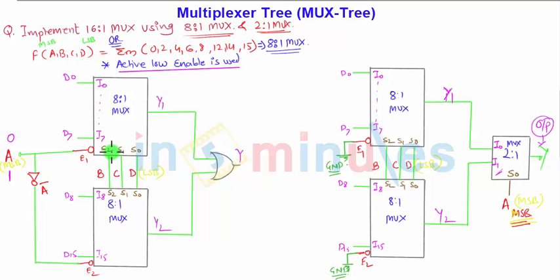So that's all about the multiplexer tree diagram. You can also implement a 16:1 mux using 2:1 mux only. For that structure you will require 16 inputs. To achieve 16 inputs, 8 2:1 muxes are required, and you can easily sort it out by drawing the diagram step by step. 8 multiplexers stacked one above another will have 16 inputs, and you can easily implement the MSB LSB bit structure for the select lines, and the enable bit is to be grounded. So that's all about the multiplexer tree.